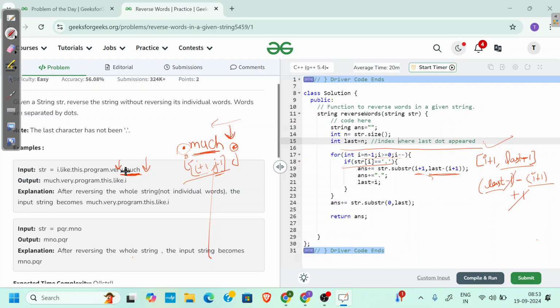And after adding the word, in the final string we also want the words separated by a dot, so we will add a dot. Okay, and now where is our last? Last dot has appeared here because this str is a dot, so last will become i for further indexes. And for the starting, like, suppose there is something like